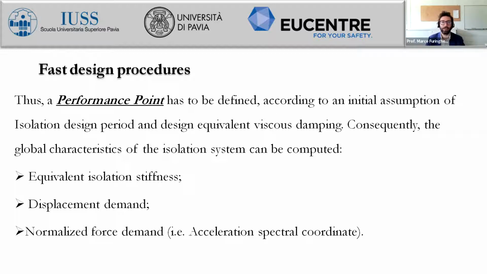We have to guarantee that with the design period, we go through spectral acceleration values which are significantly lower than the one returned by the fixed base configuration of the building, so that we have an effective solution to reduce the seismic vulnerability of the structure. And then we have seen that the equivalent viscous damping is directly associated to the energy dissipation capacity of the system,